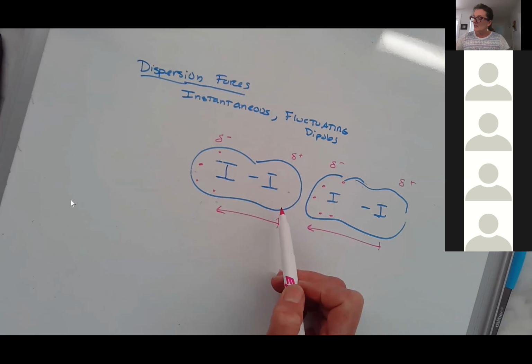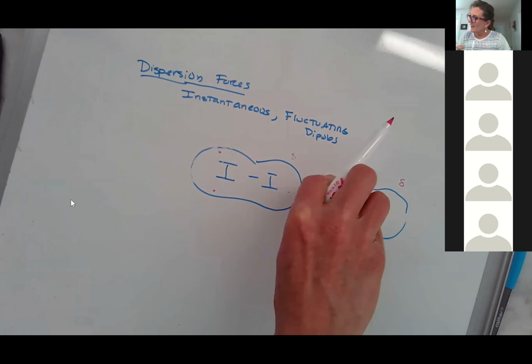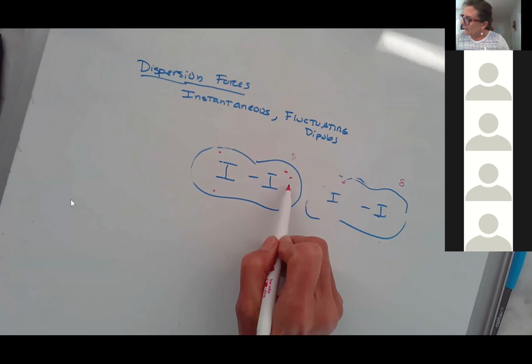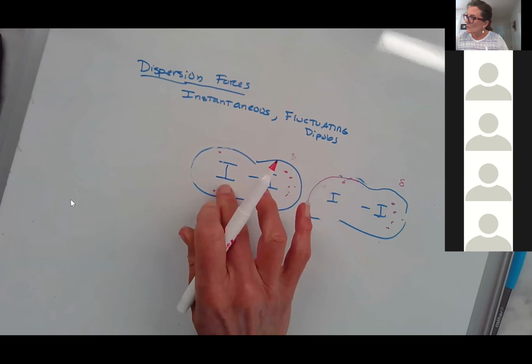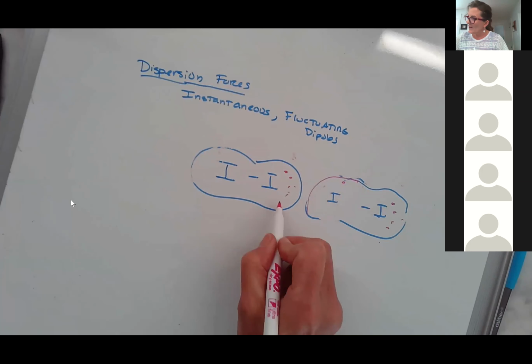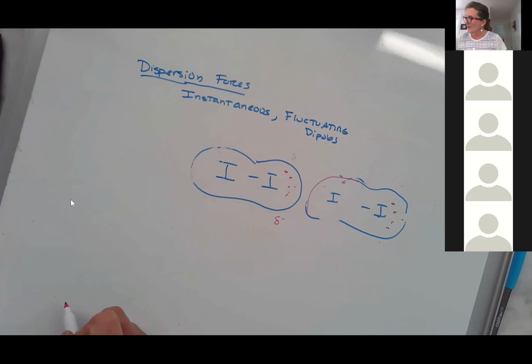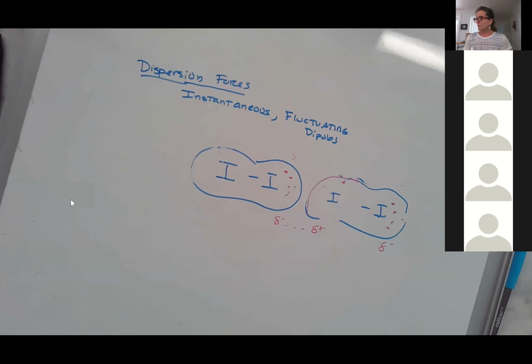But it's instantaneous, and what that means is that in the next moment, it can be reversed. Another snapshot in time: the electrons will move together because they sense each other. They're close enough that the electrons in this one are now on this side, and this has the partial negative. The same thing happens on the neighboring molecule. So you get an alignment of the dipoles, but in the opposite direction, and it's this continuous fluctuation.